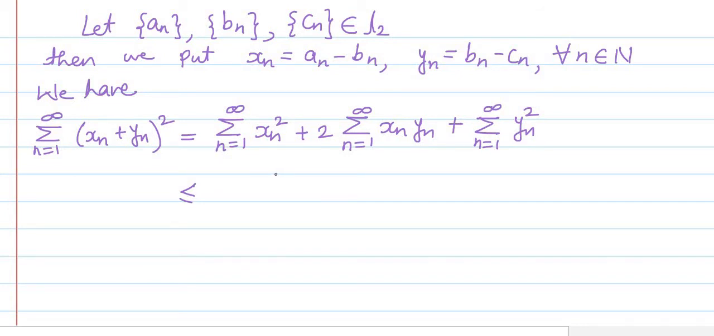Okay. And now this is less than or equal to. Now in the middle term, this summation over n equal to 1 to infinity of Xn into Yn, for this term we will use relation number 1. So by relation number 1, this is less than or equal to the summation over n equal to 1 to infinity. First and third terms will remain as they are. First term is summation over n equal to 1 to infinity Xn square, plus 2 times the square root of the summation over n equal to 1 to infinity